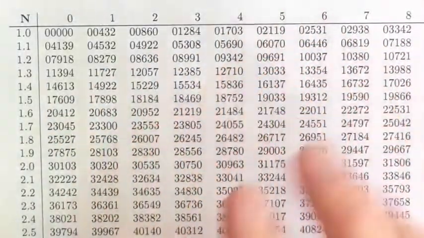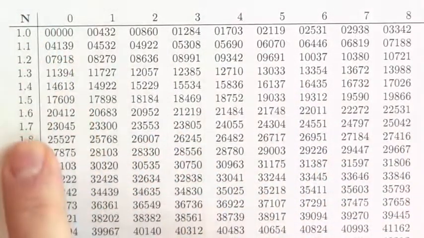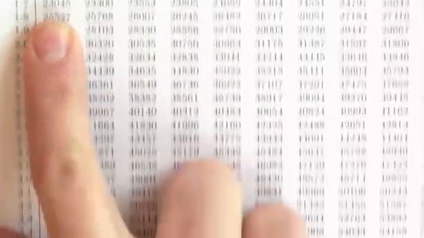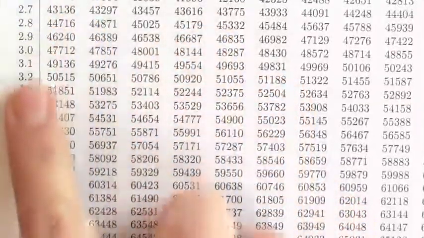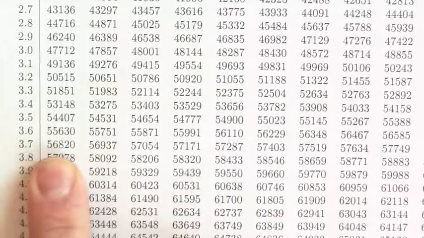Here's my table. Let's multiply 17 by 37. So instead of looking up 17, I'm going to look up 1.70 in my table, and I find the log of 1.70 is about 0.23045. Then instead of looking up 37, I'm going to look up 3.70 in my table, and the log of 3.70 is about 0.56820. I'm going to add together those two logs, and I get